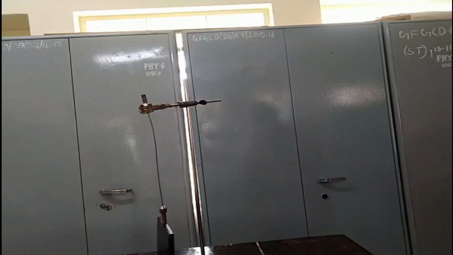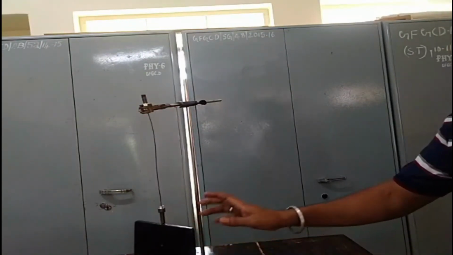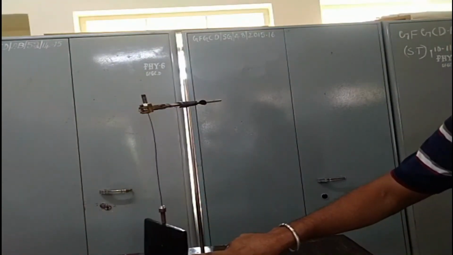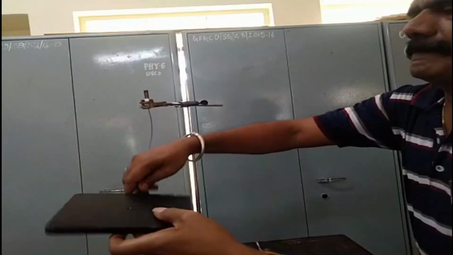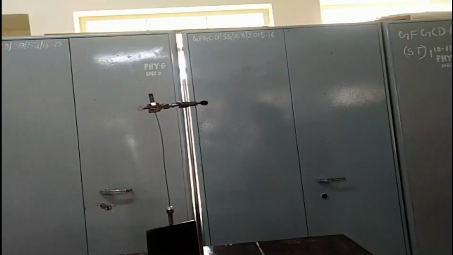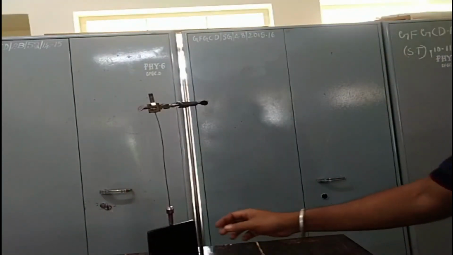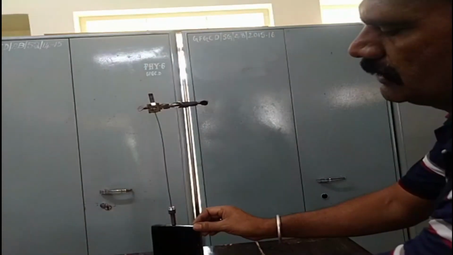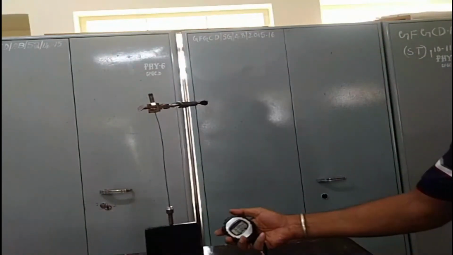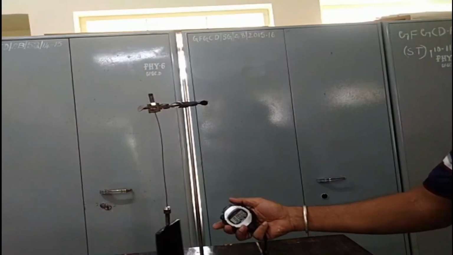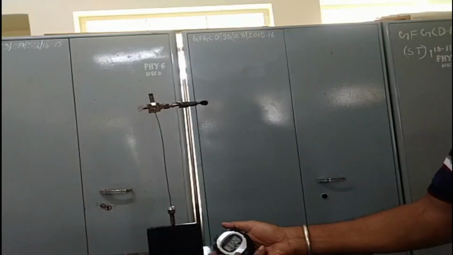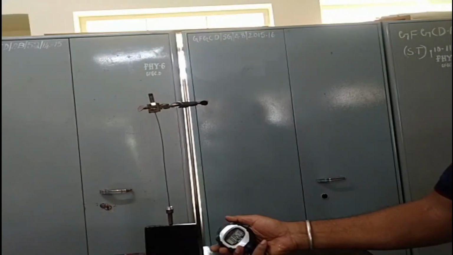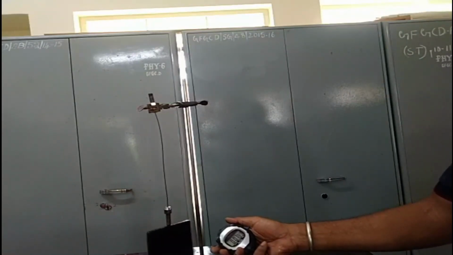The last one is when the axis is perpendicular to the breadth, which we also have to do. So remove the body and fix it to the other hole where the axis is made perpendicular to the breadth of the body. Again repeat the experiment to find the time taken for 10 oscillations. You should rotate it and leave it like this. I will start whenever the body comes to an end. Start 1, 2, 3, 4, 5, 6, 7, 8, 9, 10.